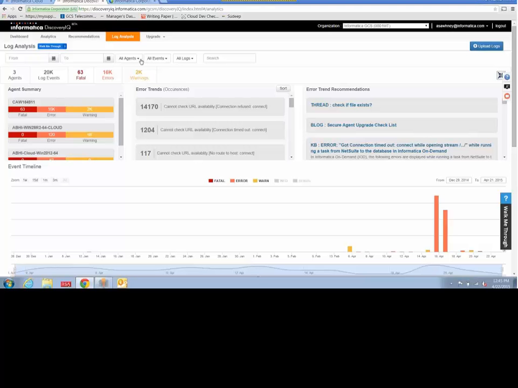You can choose that all agents register to that org, or you can just filter down to a specific agent that you are interested in. See what error or the error trends. What is the most common error that you're hitting? And we also show you the relevant recommendations based on the error that you're hitting, so you can start troubleshooting